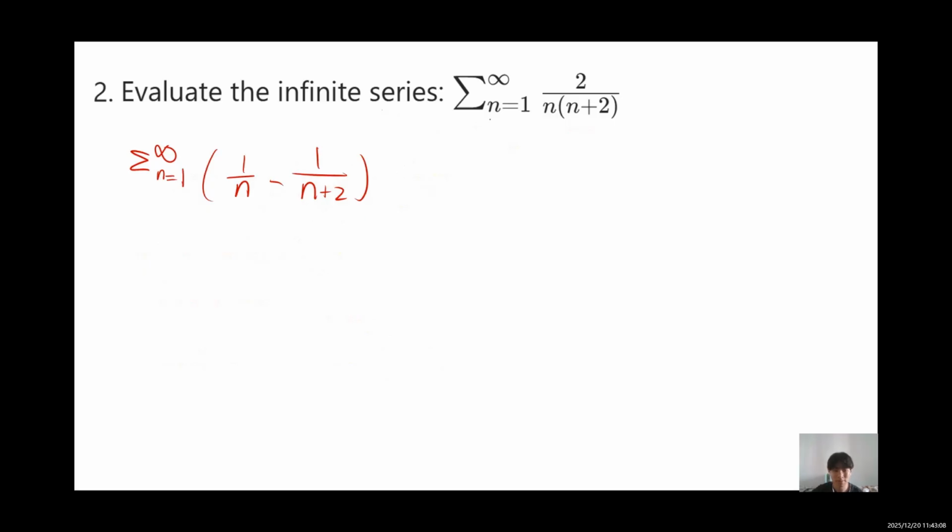So we just plug in and find the pattern of the cancellation if there is one. So plugging in 1 is 1 minus 1 over 3, and plugging in 2 is 1 over 2 minus 1 over 4. Oh, sorry, 1 over 4, and plugging in 3 is 1 over 3 minus,